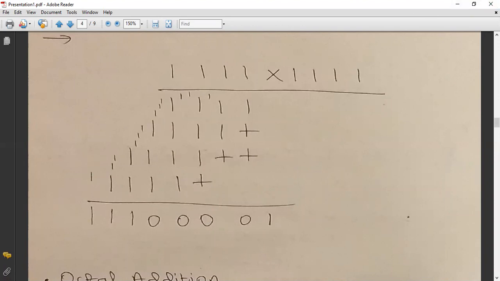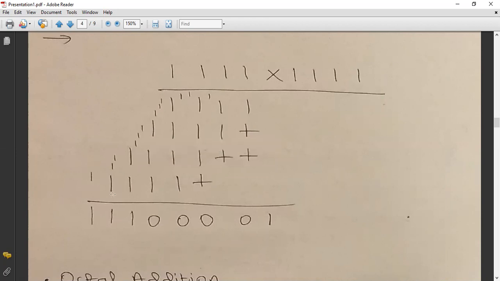Okay, now the next step. 1 plus 1 is 0, carry over 1. 0 plus 1 is 1. 1 plus 1 is 0, carry over 1. 0 plus 1 is 1, and 1 plus 1 is again 0. Carry over 1. Again 3 carries for the next step and the answer here is 0. Okay. Now for the next step, 1 plus 1 is 0. Carry over 1. 0 plus 1 is 1. 1 plus 1 is 0. Carry over 1 and 0 plus 1 is nothing but 1.